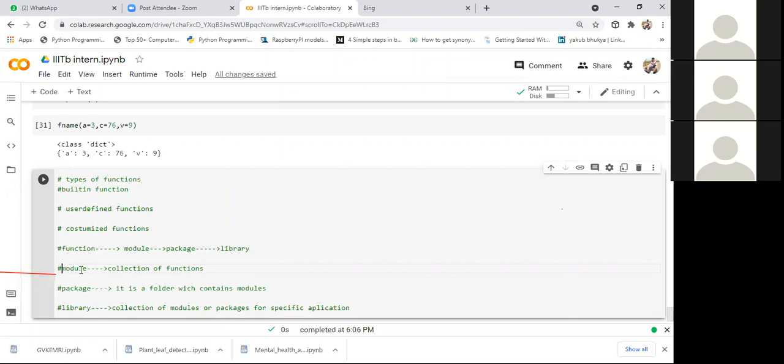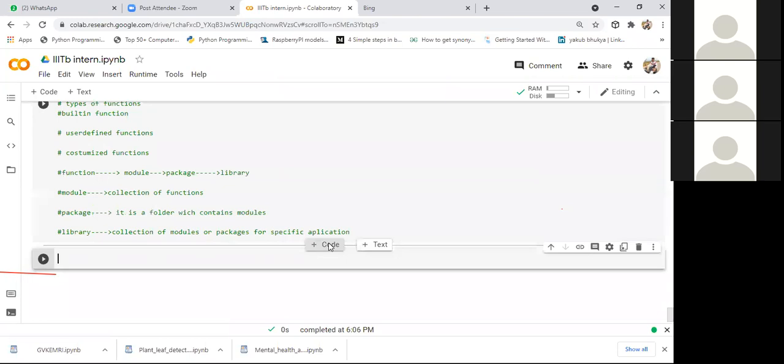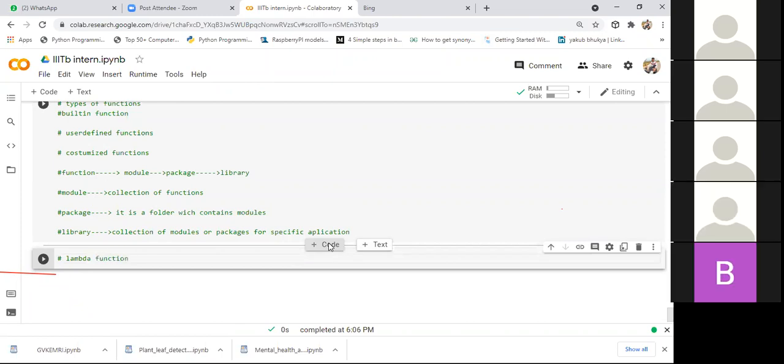And coming to the next, we have a lot of advantages of these functions. We have several unique functions to perform specific operations. And in Python, we have one function, that is the lambda function. This lambda function is also called an anonymous function. We did not see a lot of examples corresponding to these functions.